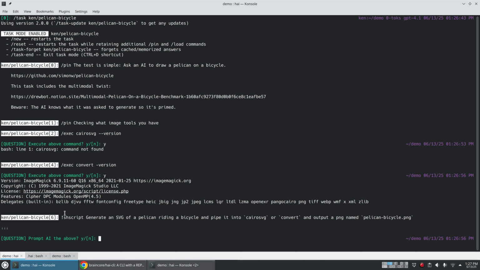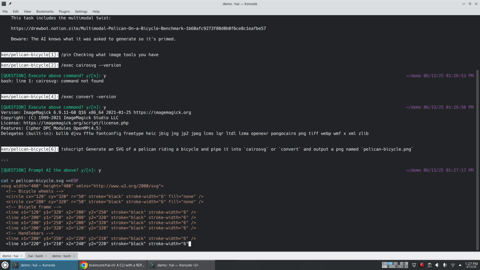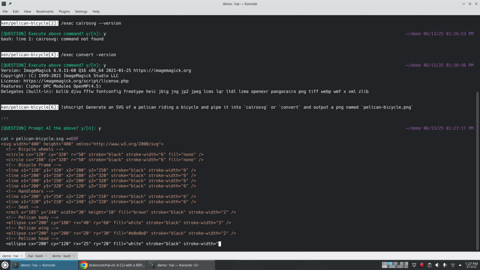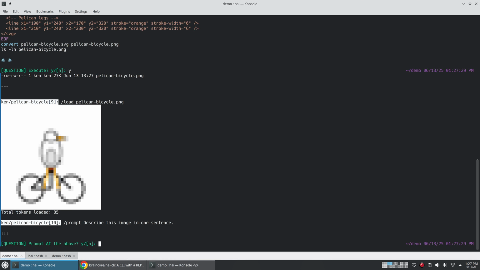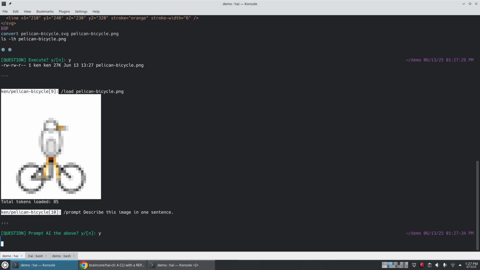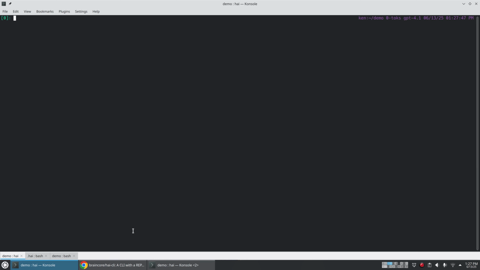Now it wants to use the shell tool to generate an SVG of a pelican riding a bicycle and converting it to PNG. So yes, that's what we want to do. This is the command the AI has generated, and we can confirm that we want it to be executed. So there it is. As a last step, you can actually have the AI describe this image, and we'll go ahead and do that. And it says it's a cartoon-style pelican sitting upright on a black bicycle with 2 large wheels. Yep, that sounds about right. Okay. So for the next task,